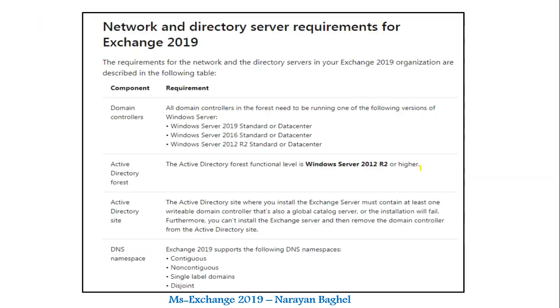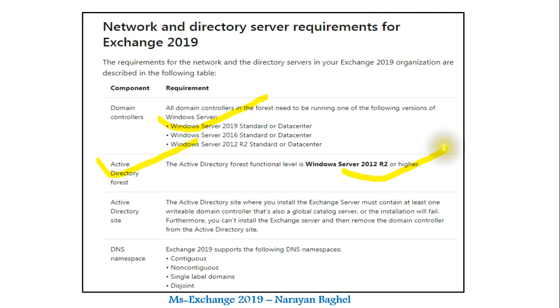If we talk about the requirements, let me tell you about the network and directory server requirements for Exchange server. We need one domain controller. All domain controllers in the forest need to be running one of the following versions: Server 2019, 2016 or 2012, standard or datacenter. The Active Directory forest functional level should be high; always keep it high.